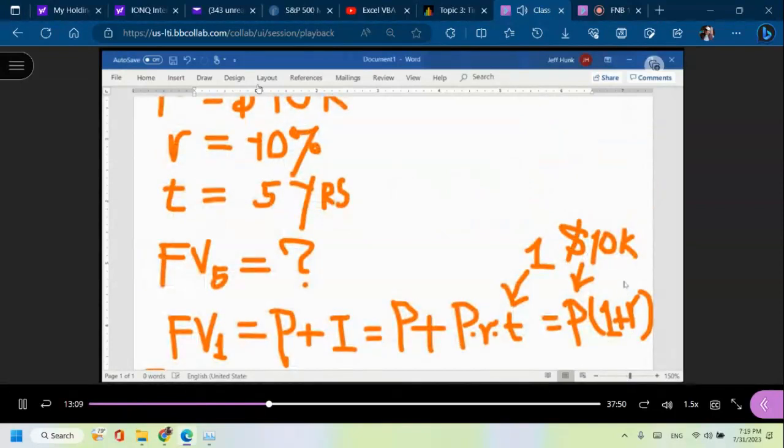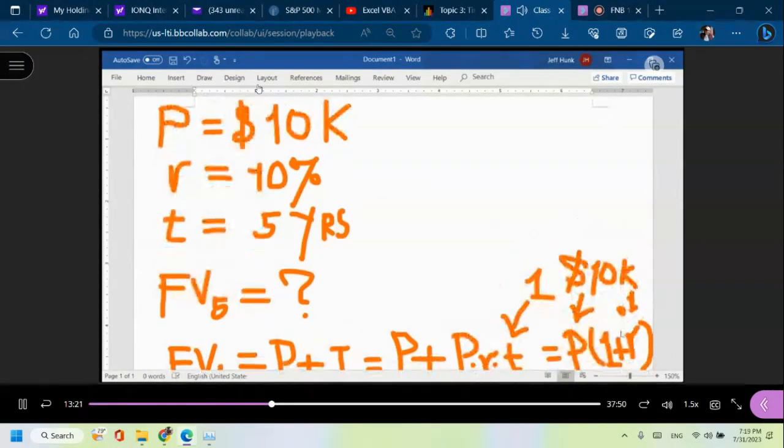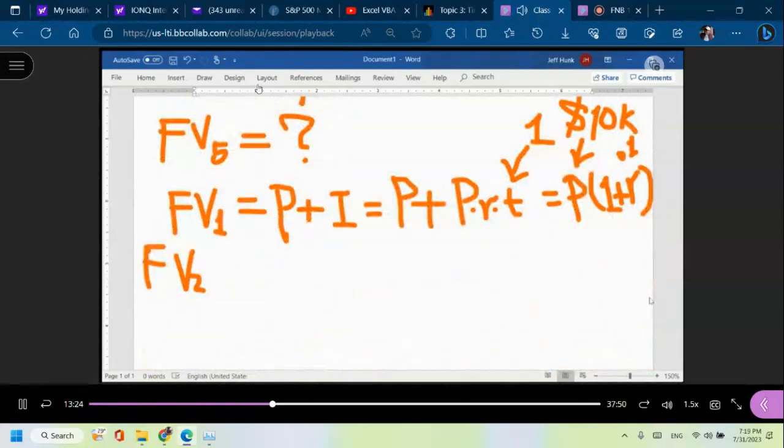This is 10K, and this says 0.1. In other words, 10%, right? 0.1. So the whole thing is 10K times 1.1, so it's going to be 11K, right? Now, then FV2